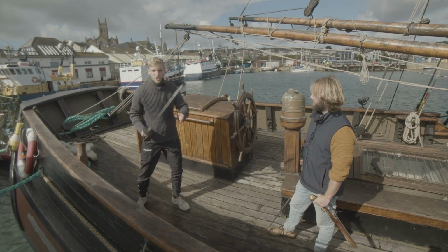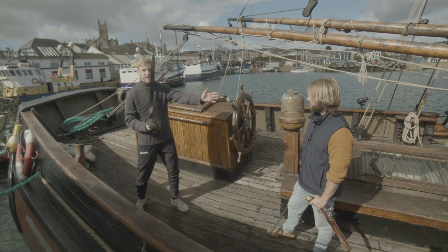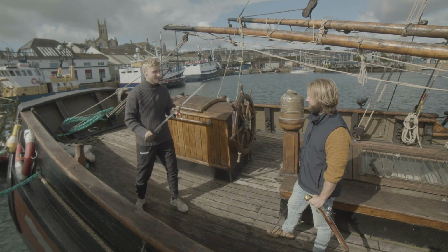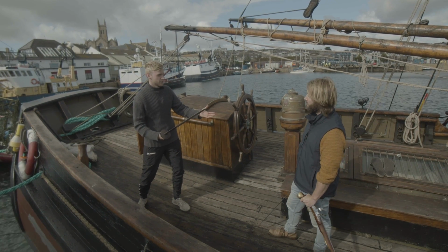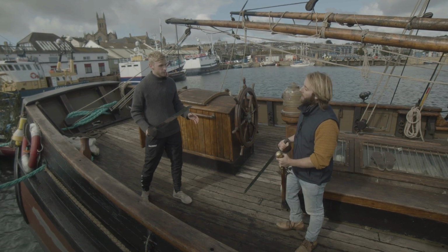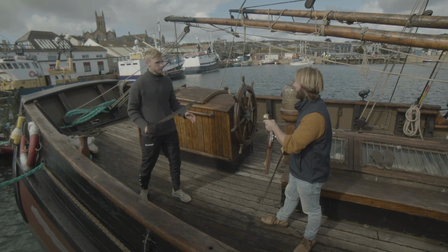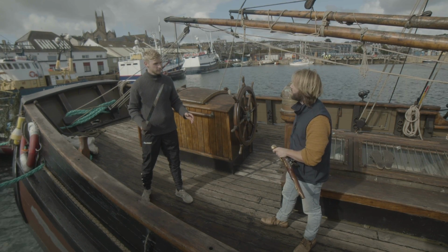So we're here on board ship and we have some 19th century cutlasses and pistols, and I'm here with Keith, who's a fighting director as well as a weapons expert. So you're going to take me through some of the moves we might have seen at the Battle of Trafalgar using both weapons. Yeah, exactly, and one of the most common attacks is a straight downward cut towards the head. And we have a treatise by a chap called William Pringle Green